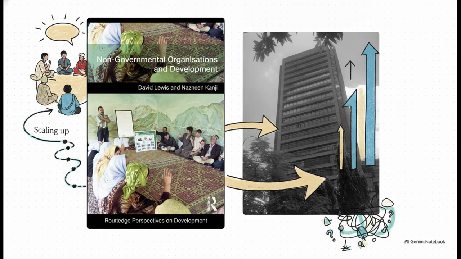When those strategic trade-offs we just talked about go too far, they can compromise the very reason your NGO exists in the first place. Look at how NGOs evolve over time. You might start with a local grassroots community meeting, and eventually scale up to something like the towering BRAC corporate headquarters in Bangladesh. Scaling up completely alters how an institution maintains its legitimacy with the public. As organizations grow, they often shift from face-to-face, associational styles to highly formalized bureaucracies. And that kind of growth? It can easily invite mission drift.